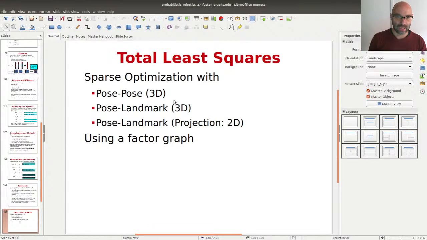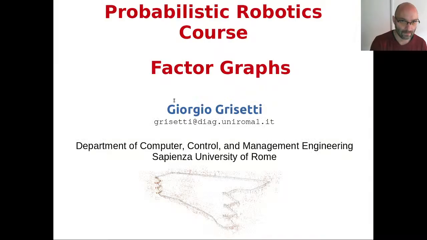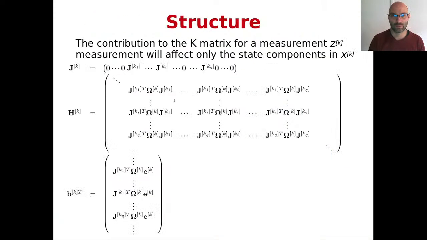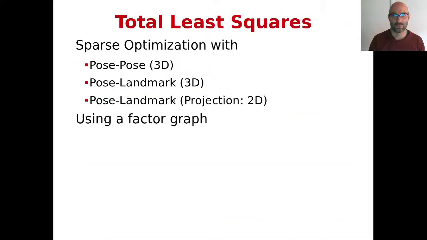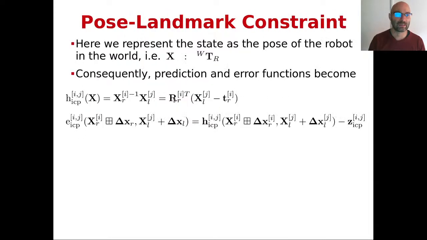Now, having defined the state, we have to define the measurements, right? The measurements come in 3 forms, because I have 3 different sensors. The first sensor is a